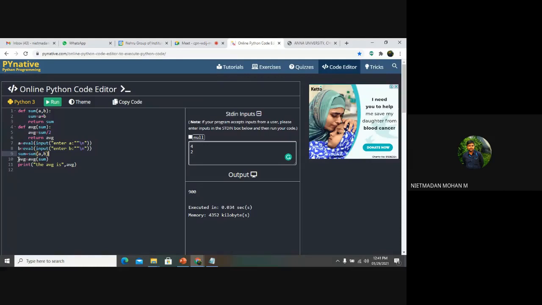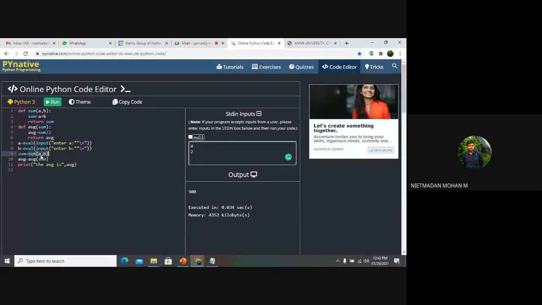You just imagine that in the 10th line, the process is AVG is equal to AVG of sum. It means that I am passing an argument value here. In this sum value, we don't know what the sum value is, right? Only after doing this sum function and getting the sum value will this line be executed. So in the ninth line, sum is equal to sum of a comma b. It means that we are calling the function sum, and it will go directly to the sum function and take the input as a is equal to 2 and b is equal to 4, whatever we have declared here, whatever we are getting as input from the user, right?